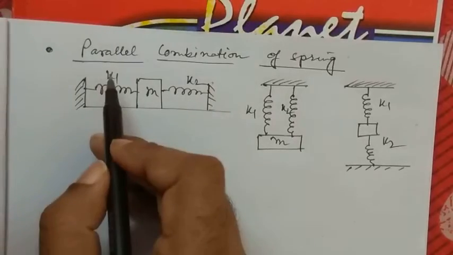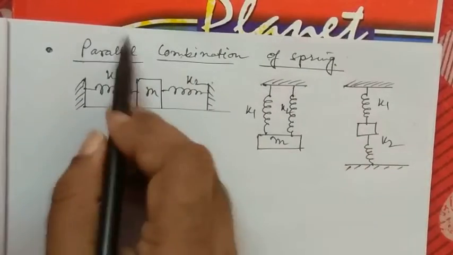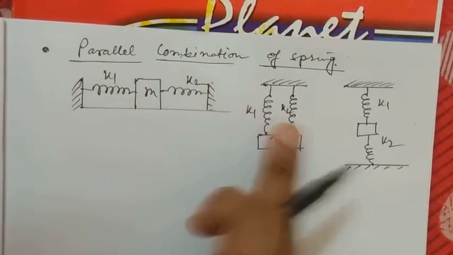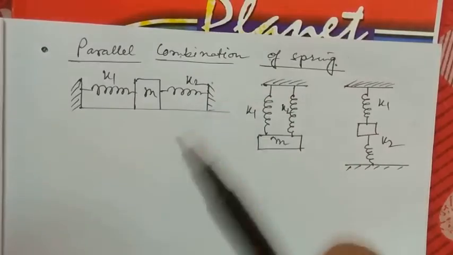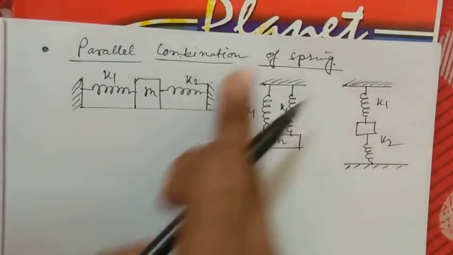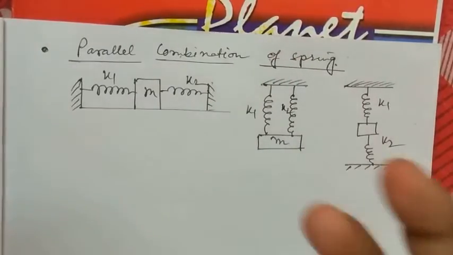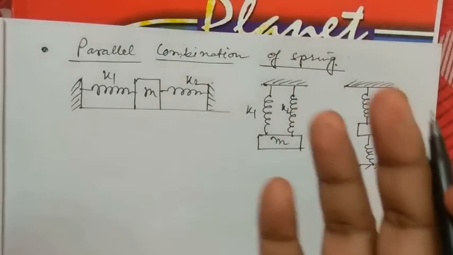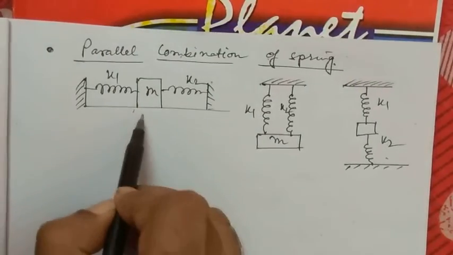Now the second was the parallel combination of springs. Parallel combination can be of these three types. You have to learn these three types, or take these three diagrams into your brain. Very important. The second diagram is very easy to remember. Parallel combination, you can see it, and the first conclusion you can say is that it's a parallel combination. But this is an odd case.